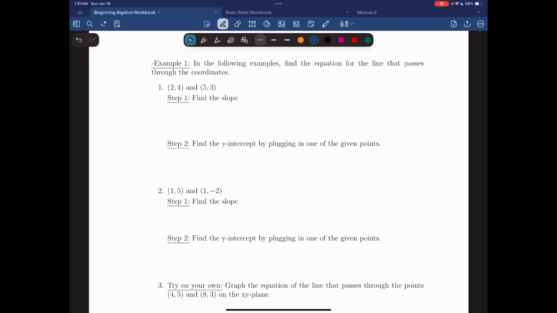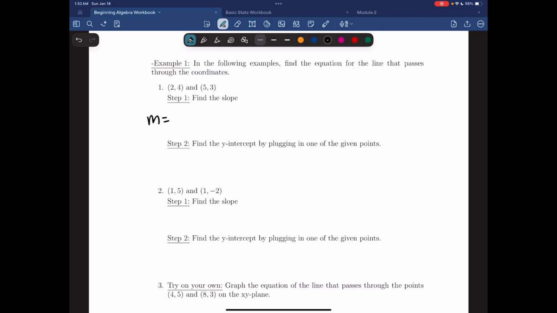So for example number 1, we're told that in the following examples, find the equation for the line that passes through the coordinates. Here we have the points 2, 4 and 5, 3. When you're asked to find the equation of a line that passes through 2 coordinates, these are your steps. Your first step is to find the slope of the line, which we learned how to do in the last video,